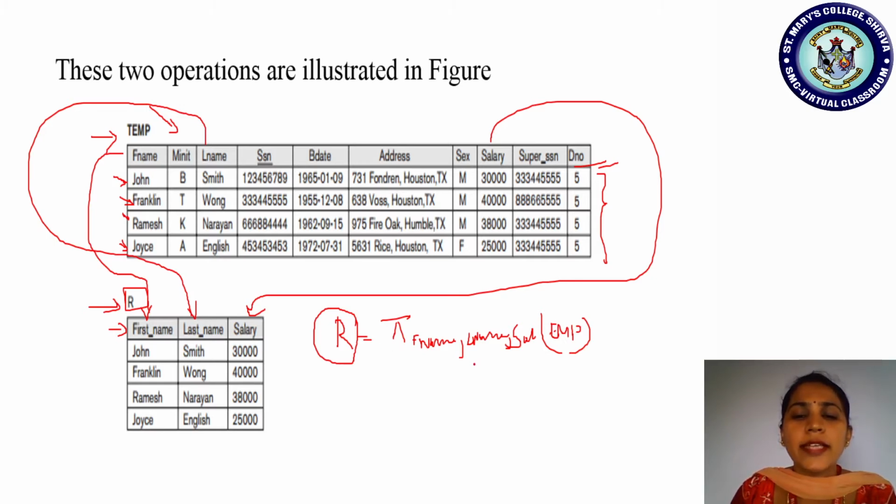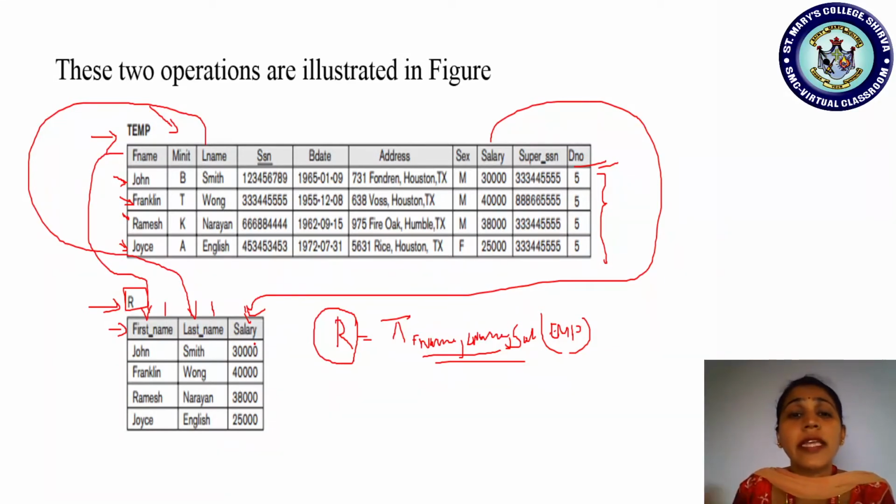So in such a case, the order in which the information is given, the same order will be displayed. First name will be displayed first, second, last name will be the next one, salary will be the next, and the attribute column names will be the same as the old names. See, instead of first name only, F name itself will be the column name. So L name will itself be the column name and salary will be the same name. So here for salary we applied the same name, right? Same name is taken. Did you all understand?